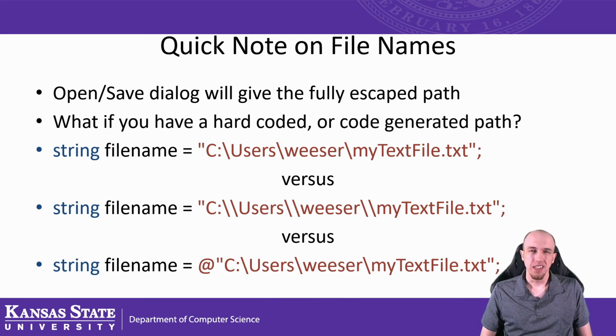And a few additional quick notes about file IO, or in general file paths in C#. This is a pretty tricky thing to get right, especially if you find yourself trying to hard code a particular path. Most of the time in what we're actually programming here in CIS 300, we're going to primarily be loading all of our files through the open file dialog box or the save file dialog box. But on occasion, we may actually have to hard code or want to hard code a path name.